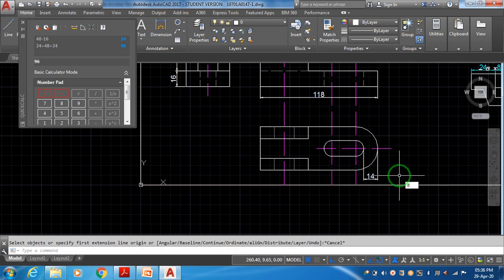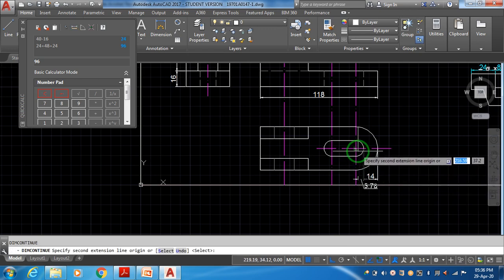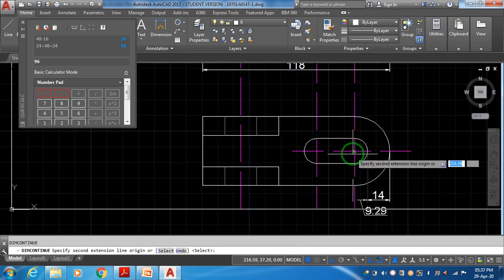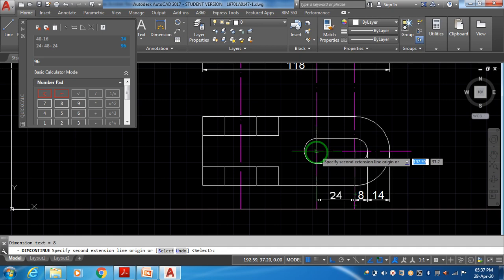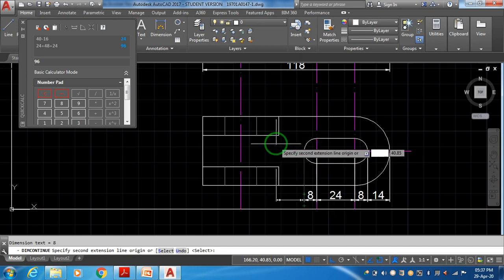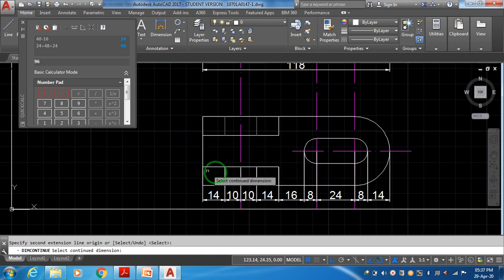Now same dimension continue from here to radius, center to center, radius. Now from here to this location, endpoint. From here to here, endpoint. From here to here, radius, radius, endpoint.